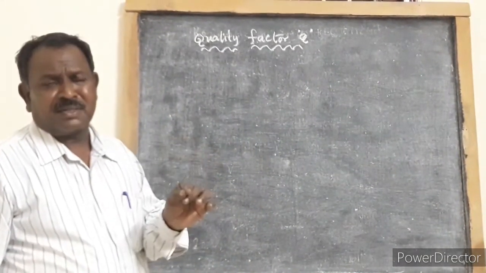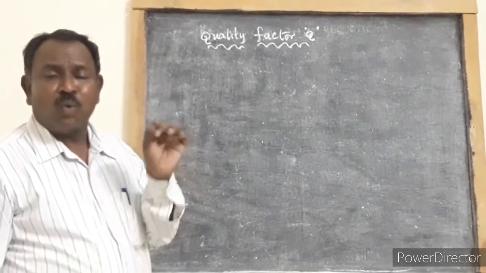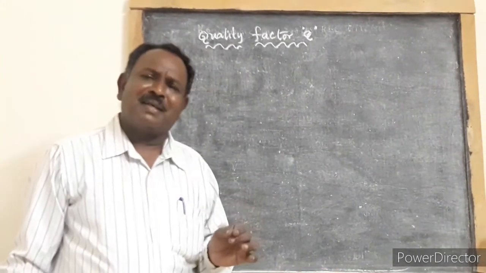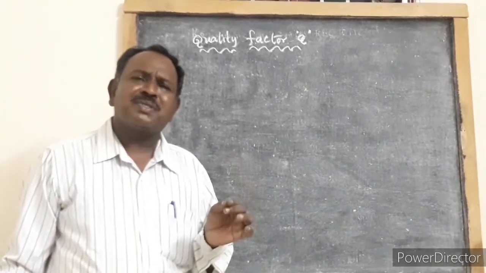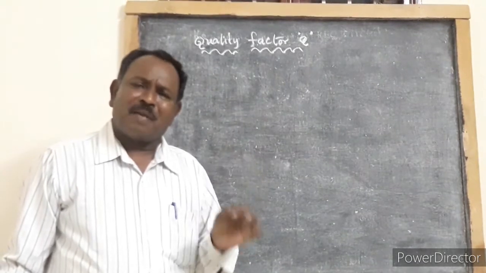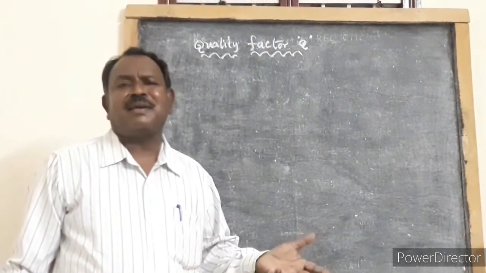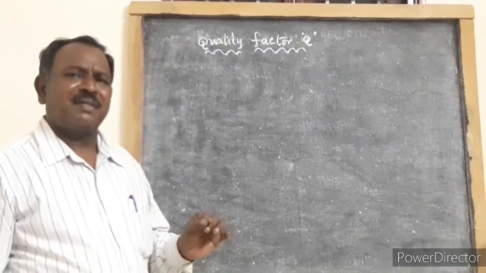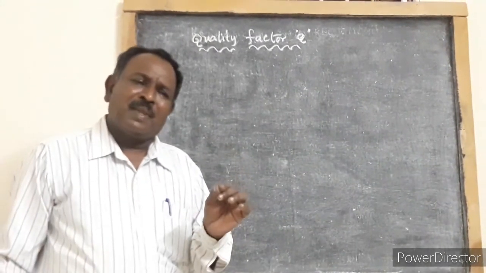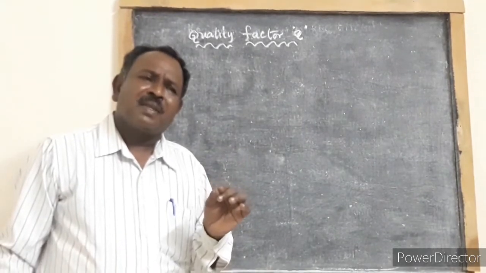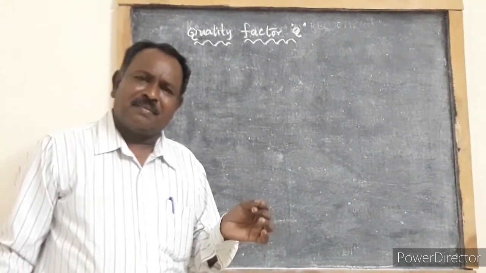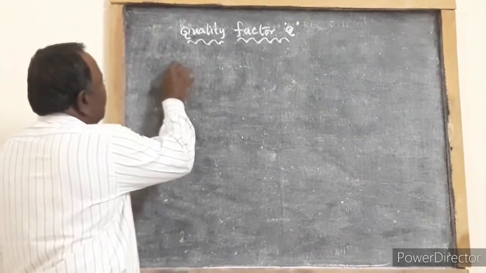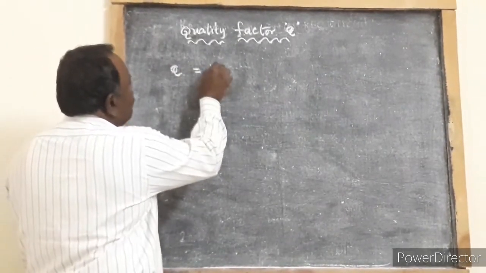Due to this increase in current, there will also be an increase in voltage across the inductor or capacitor. So the quality factor tells us the magnification of the voltage across the inductor or capacitor, how many times it is magnified compared to the applied voltage. That is called quality factor. So quality factor is defined as Q equal to